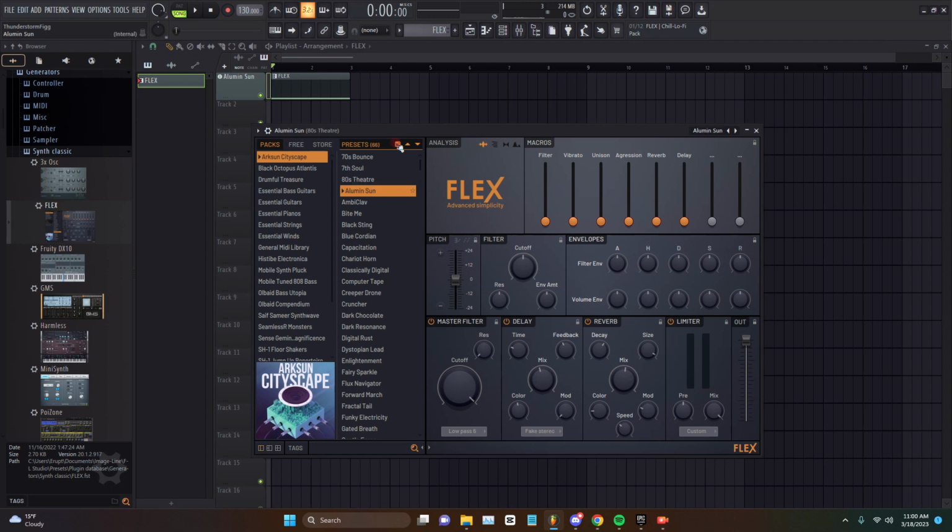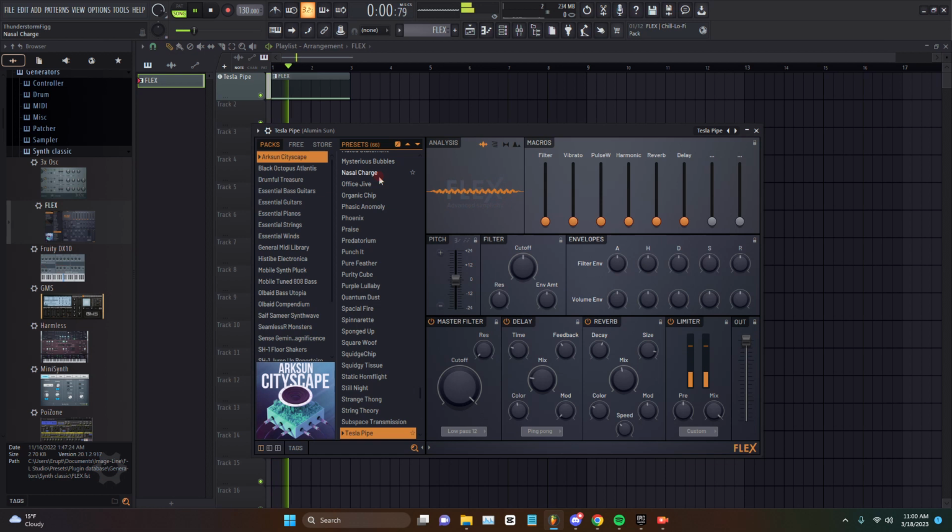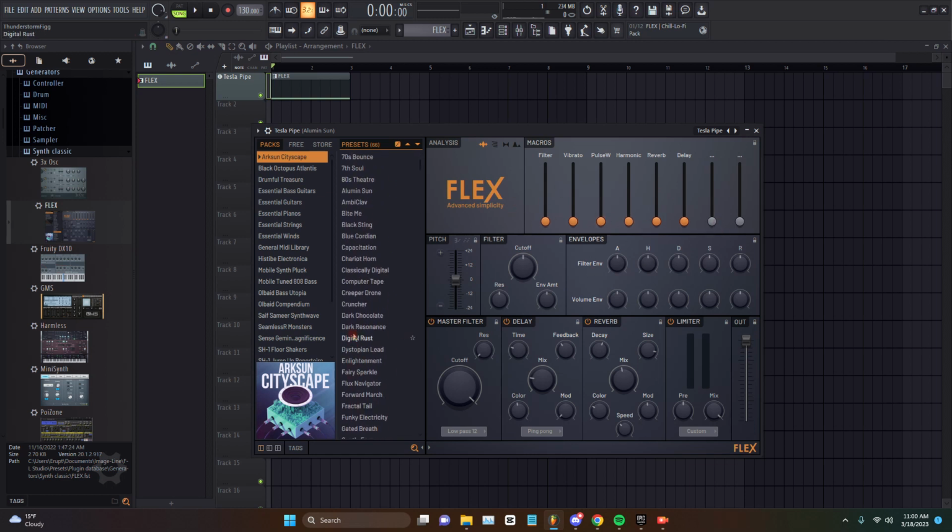You can also try some things, like a randomizer button. So you can do a random preset. It just did the next one down, so we're going to do it again. Now, all of these instruments will have different macros, which is what they call them. So mess with them a little bit, see how they sound, and if you like them, you can use them in your project. So we're just gonna do 80s theater because it sounds the nicest, and we're gonna put up the filter a little bit,